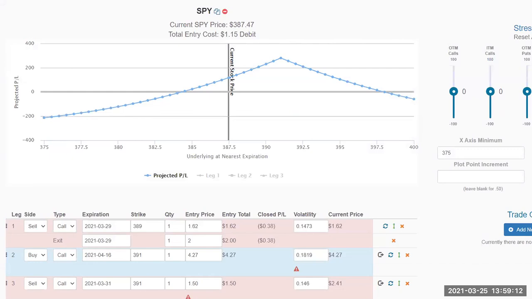The 385s are going for more than that. I've got a wrong price on here apparently, so let's see here. 329, 482. So we're trading at 388. 385s are going for 482. That's $1.82 in extrinsic value, is what that is, right?